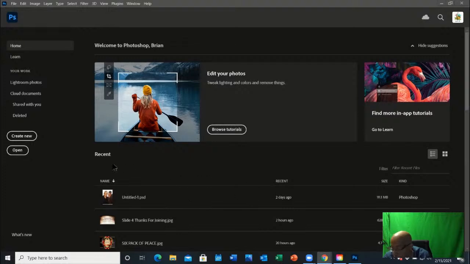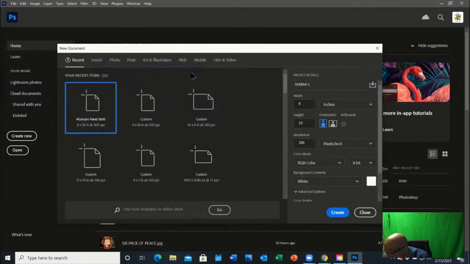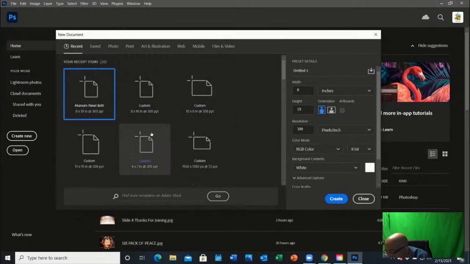Use Photoshop by basically clicking on the icon and then opening up to this screen. This screen is going to be the main screen. If you want to create a document, go ahead and click New, Create New. Click Create New, and then it opens up this panel to you, where you can actually type in the size